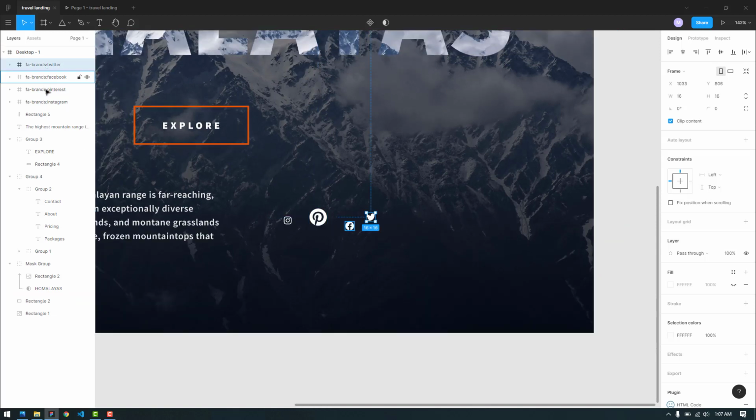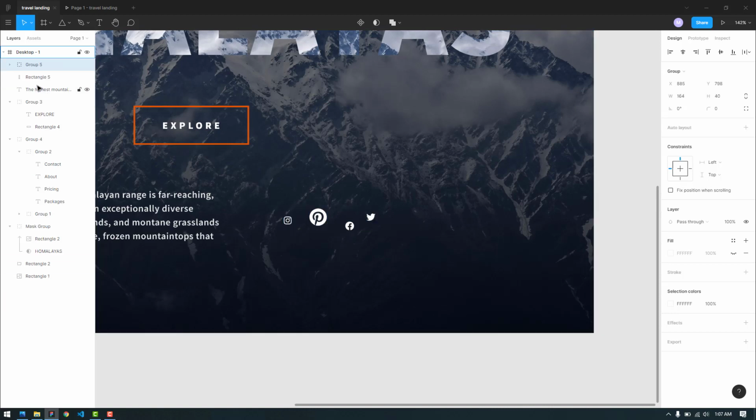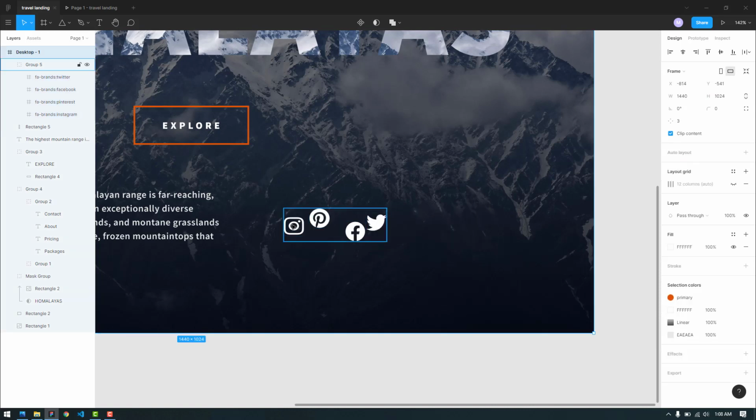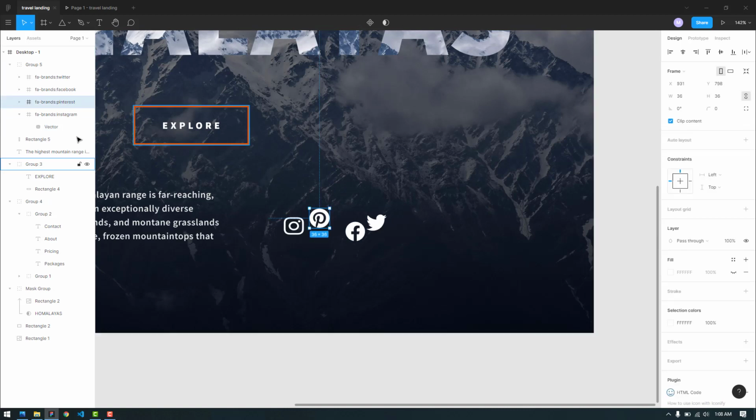For now, let's put all of this inside a group, and inside this group we can actually put a width and height for all of this. So let's try 17 and 17. Okay, they are so small, so we can constrain the properties and increase the height. Okay, I think it will look fine. We cannot increase it like that, so let's position it.